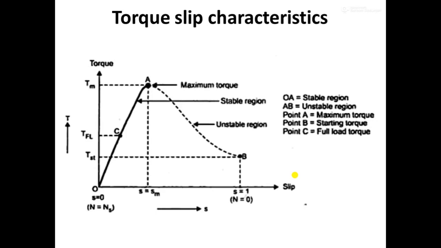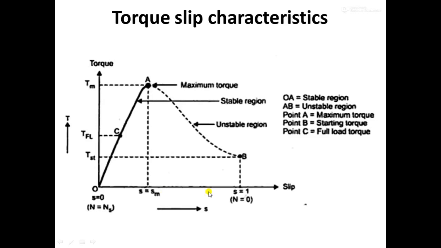We will be dividing this range into two parts. One is the value of slip varying from 0 to the slip corresponding to the maximum torque, that is S is equal to R2 by X2, and the other is the value of slip varying from the slip corresponding to maximum torque, that is S is equal to R2 by X2, to 1. So this first region, that is S is equal to 0 to S is equal to Sm, the slip corresponding to the maximum torque, is considered as the low slip region, whereas the remaining portion, when the value of slip varies from Sm to slip is equal to 1, is considered as the high slip region.